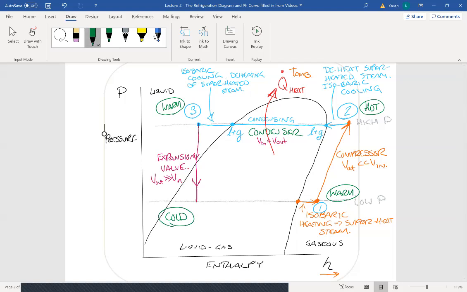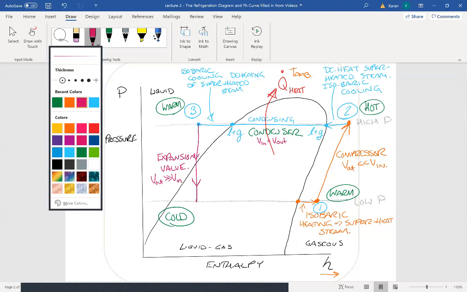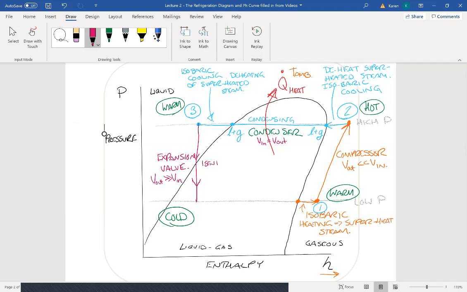And that process is called isenthalpic. Iso means same. Thalpic means enthalpy is staying the same. Isenthalpic expansion